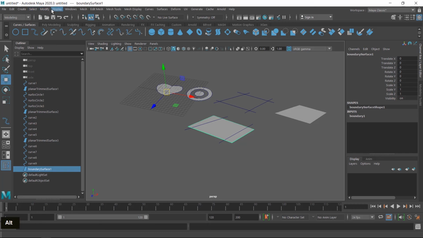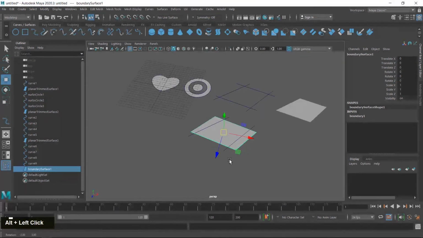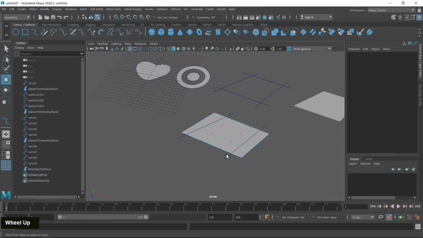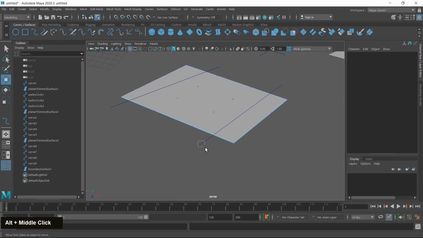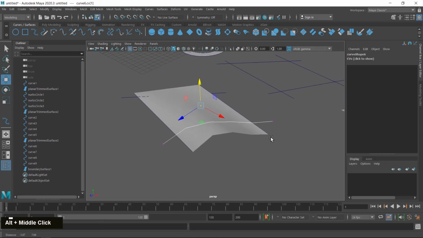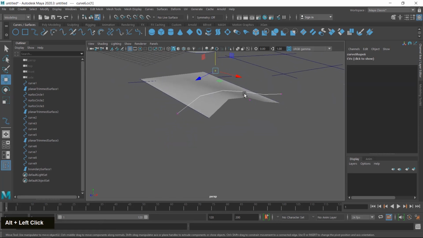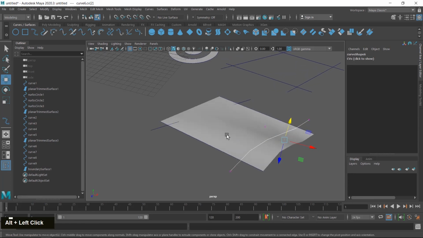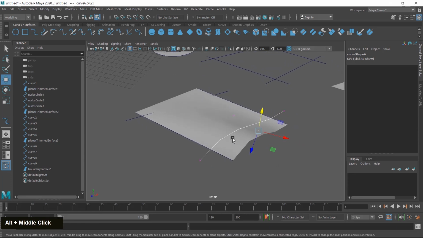First I change the pivot position and then click on the component mode, component type, and select this curve, and if you select and move upside, you can see the surface is also moving in the upside direction. But in the planar tool the result is gone, but in the boundary tool it will not happen.